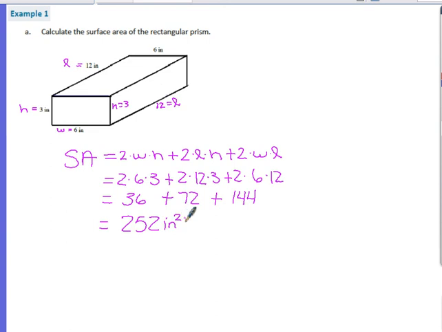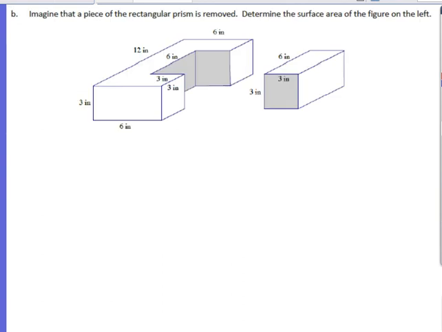Now we're going to take this idea and step it up a notch for part B. So this is the same figure that we were just using. However, you notice here that they took this block out of our figure. And we're asked to determine the surface area of the figure on the left. So we're trying to find the surface area of this figure. And it's very similar to the one that we just found. However, there's a couple new sides